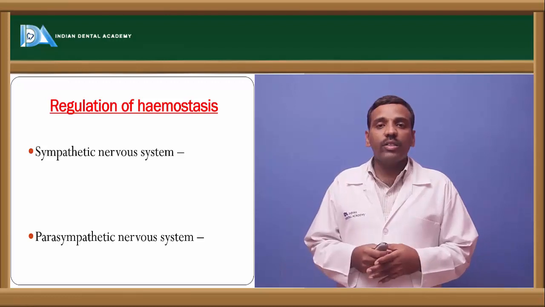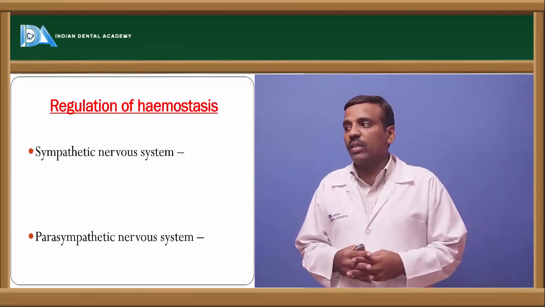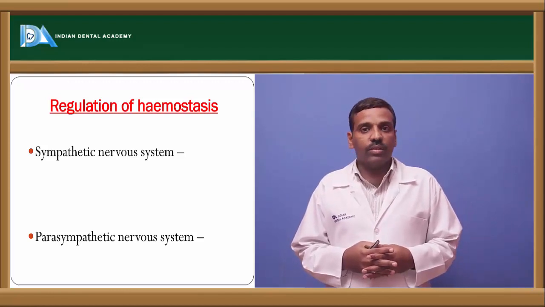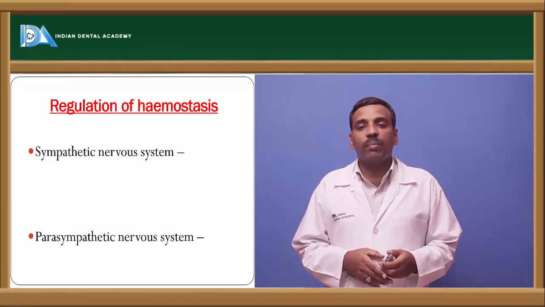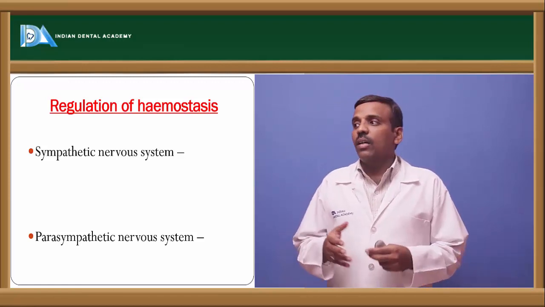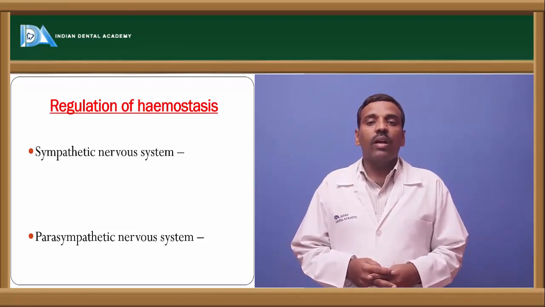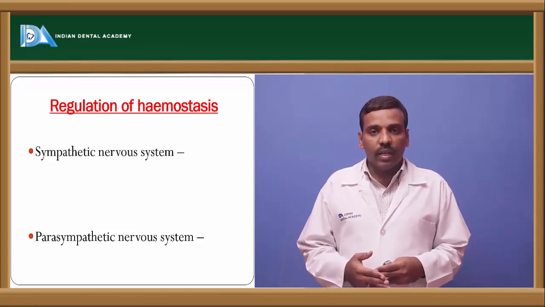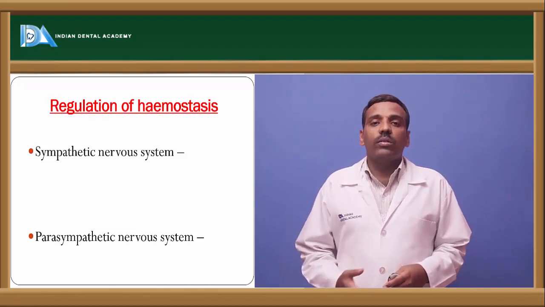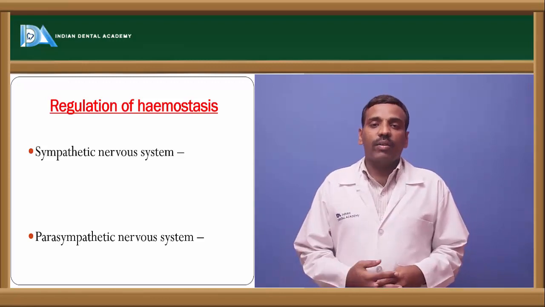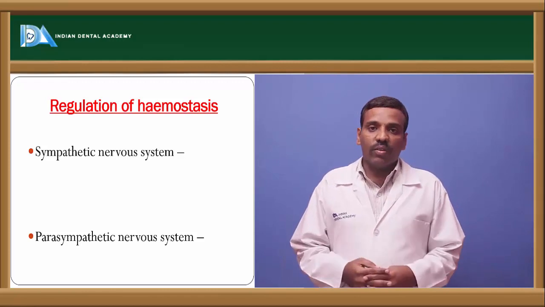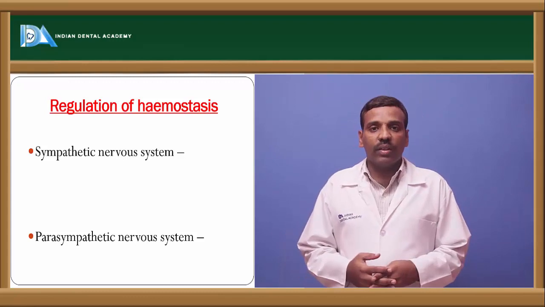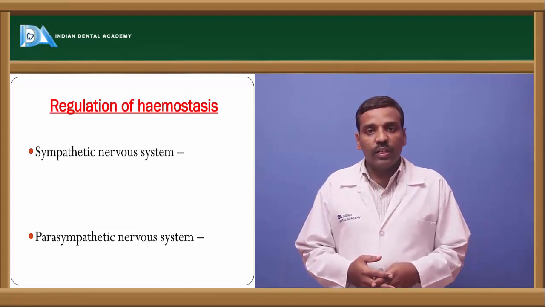After this, the regulation of the hemostasis is by two ways. One is the sympathetic nervous system and another one is the parasympathetic nervous system. By these two ways, the regulation of the hemostasis is possible, where the vasoconstriction, the platelet aggregation and adhesion, platelet plug formation, the blood coagulation, and the activation of the clotting factors and the intrinsic or extrinsic pathway, the selection of these pathways depends upon the type of injury and